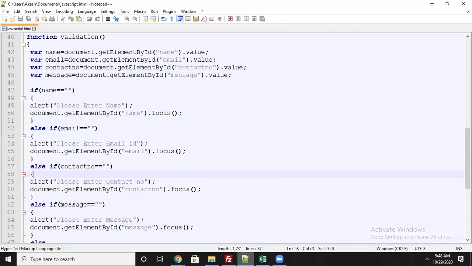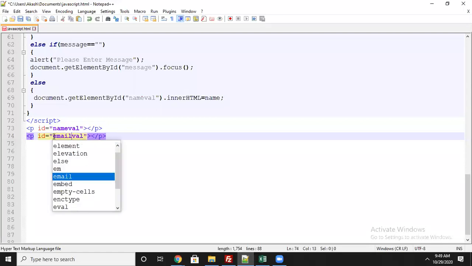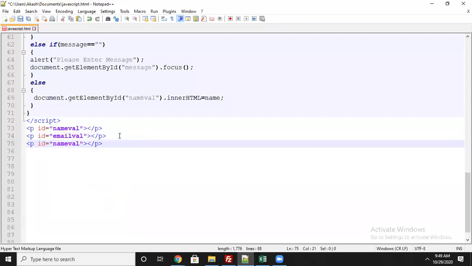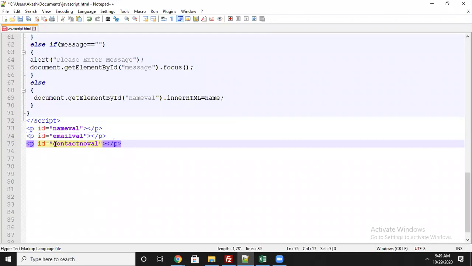Let's see. Here I will add it. Name is over, second one email is over, email val, third contact number val, I will write it. It means I'm taking one ID for each output.